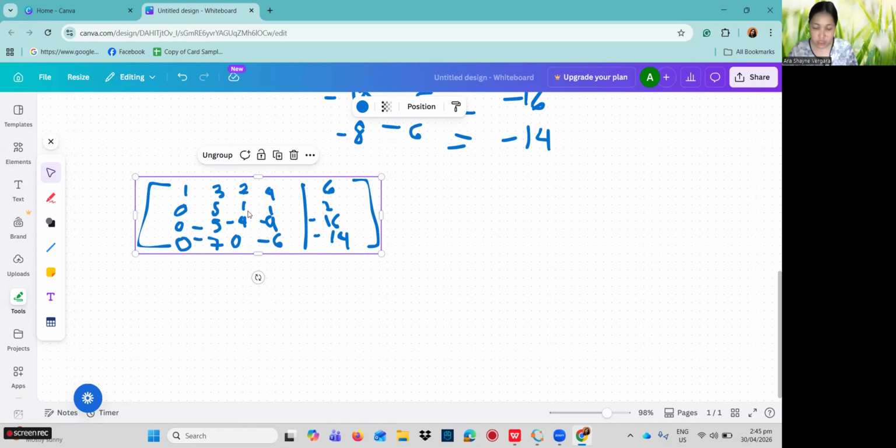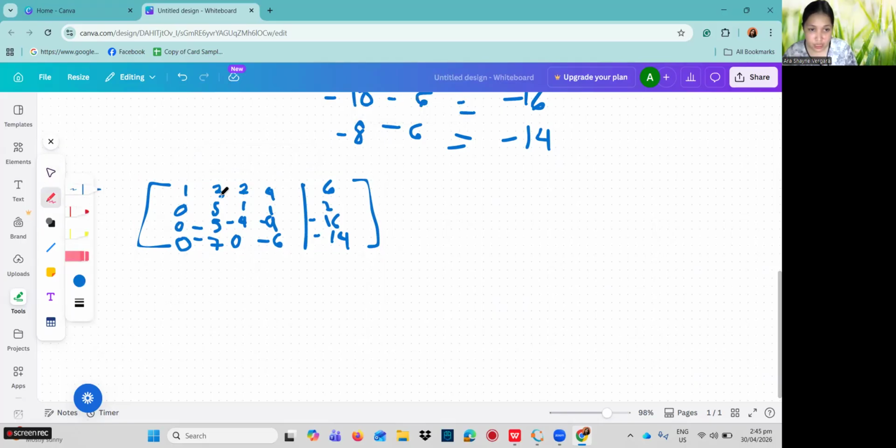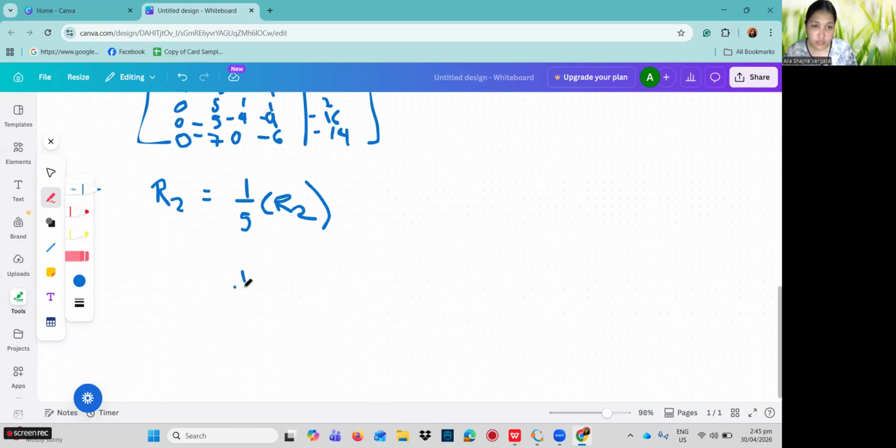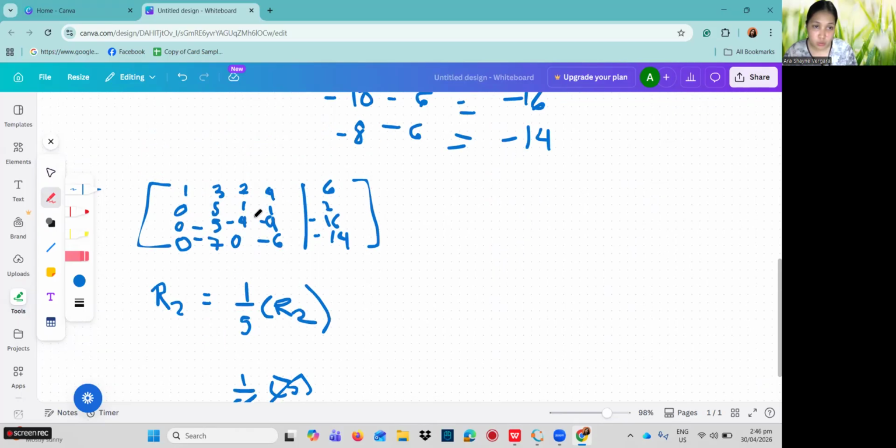To do that, this is 5, so we can write R2 is equal to 1/5 of R2. So 1/5 and 5 cancel, then our R2 will be 1.